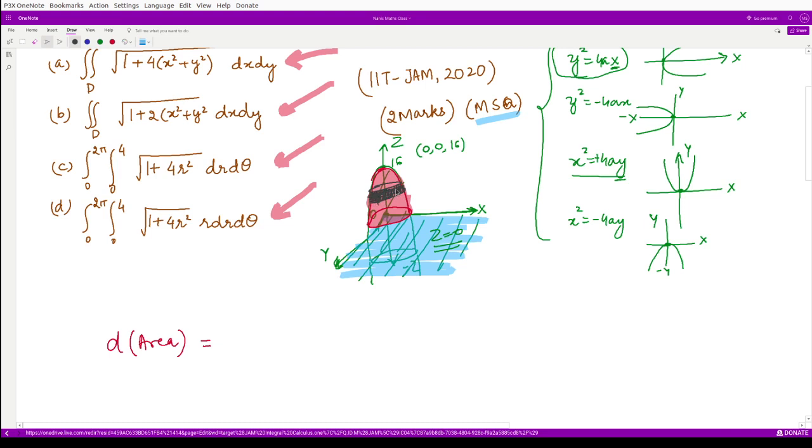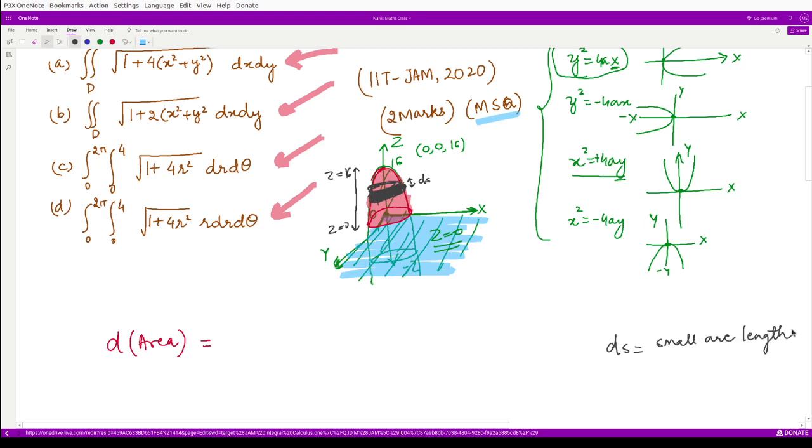This is a very thin slice of the paraboloid. Whatever is this area, if I integrate that with z varying from 0 to 16, that means I'll be getting the whole of this area. So let us first calculate the area of this black region. It would be equal to the circumference of the circle times this length. Now this length is not a straight line, so let me call it ds, the small arc length.